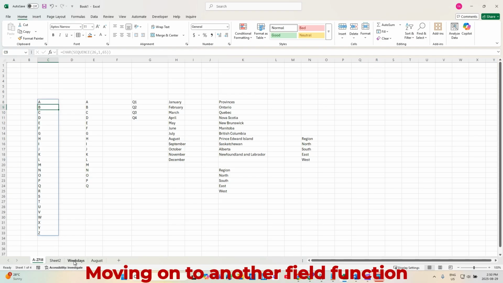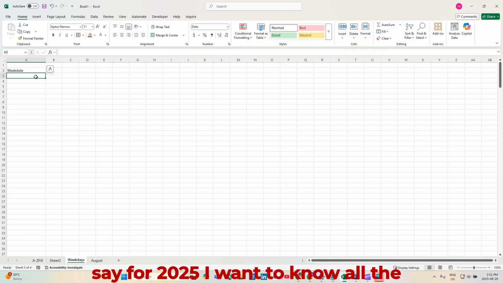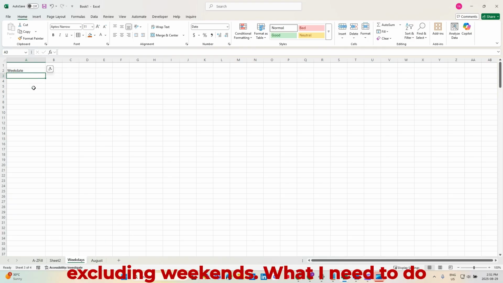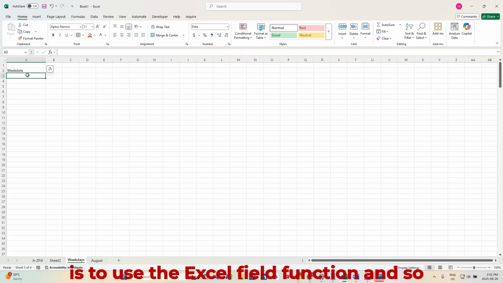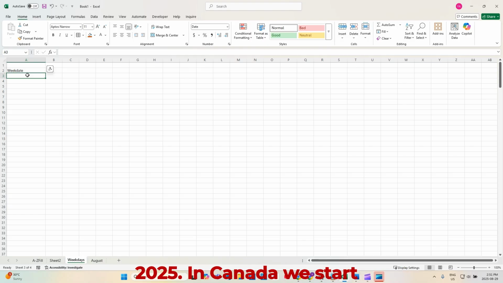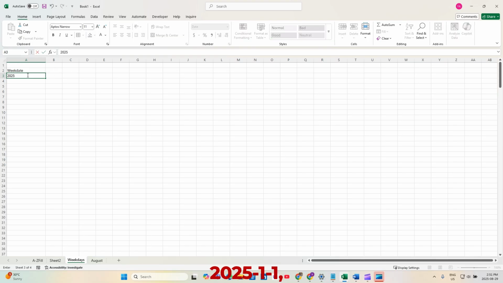Moving on to another fill function is working with series like weekdays in a year. So say for 2025, I want to know all the days of the whole year that are weekdays, excluding weekends. What I need to do is to use the Excel fill function. And so in here, I'm going to type January 1st, 2025. In Canada, we start with a year. So I'm going to go 2025